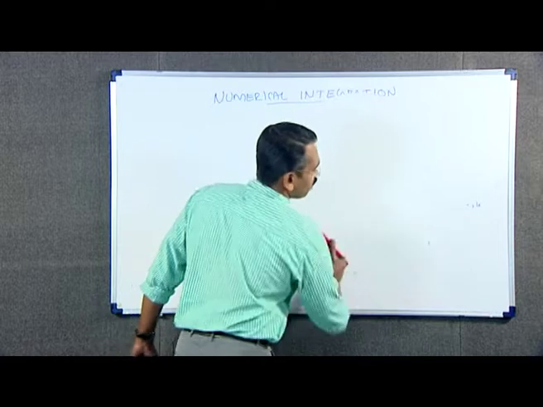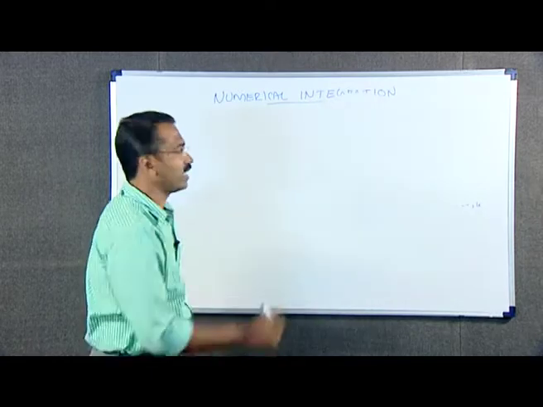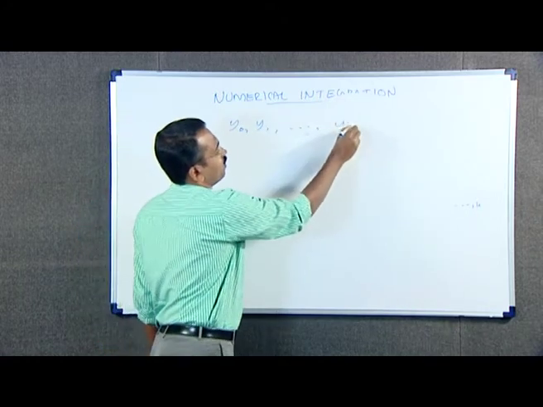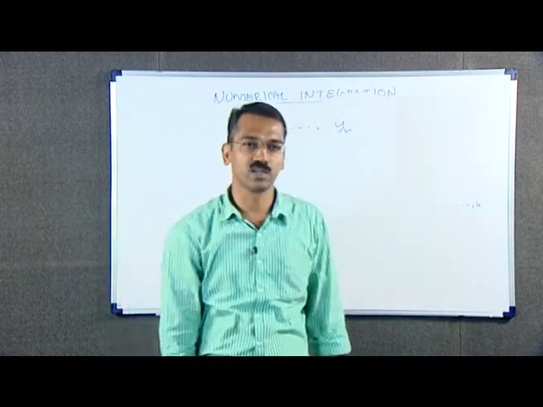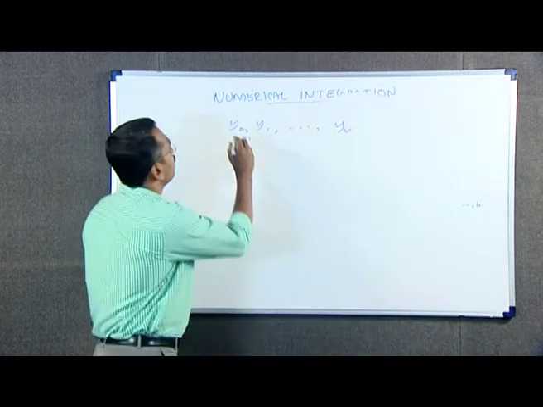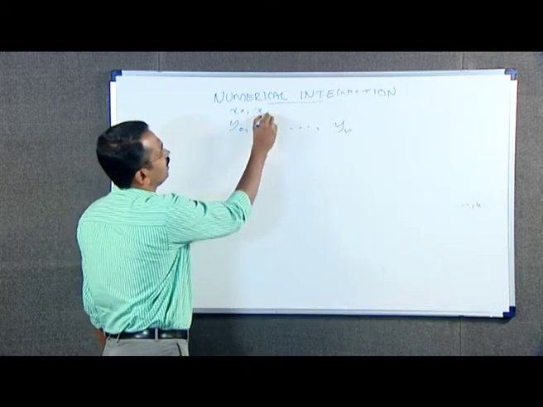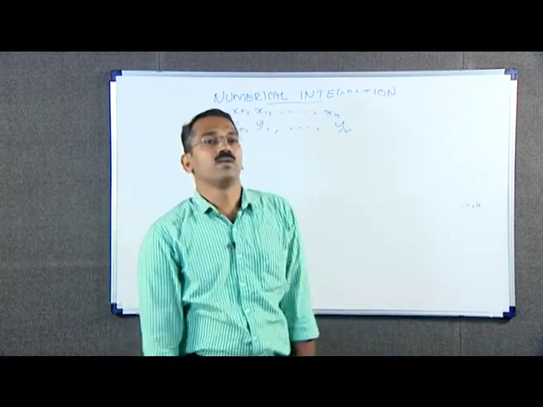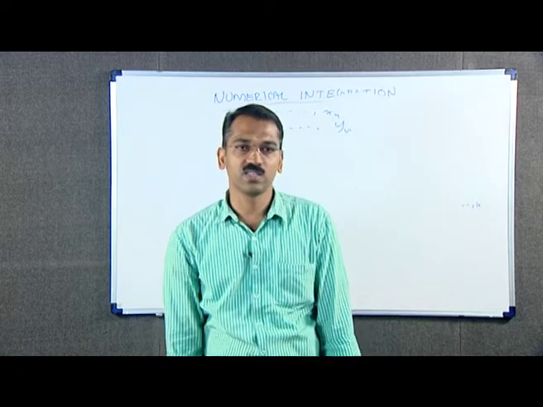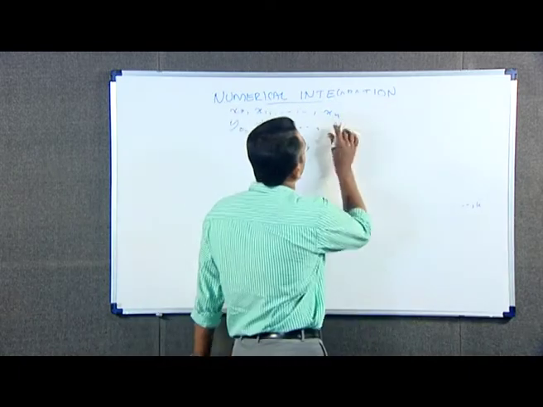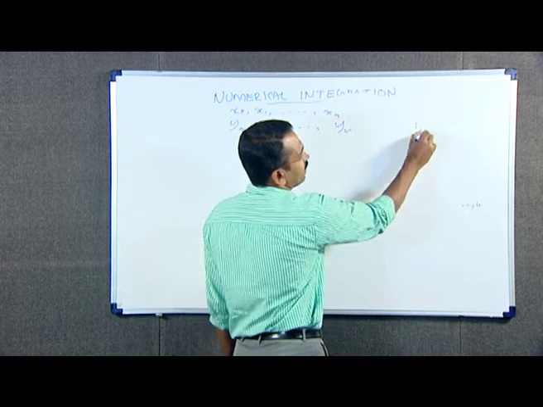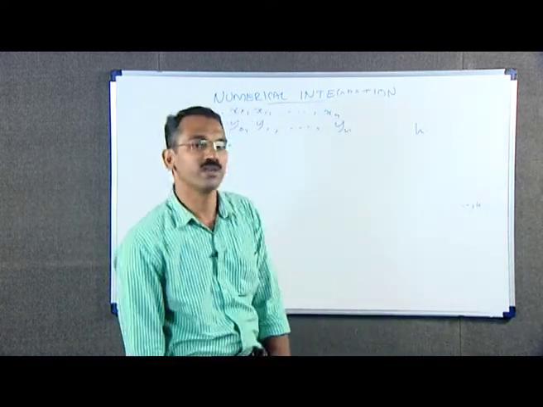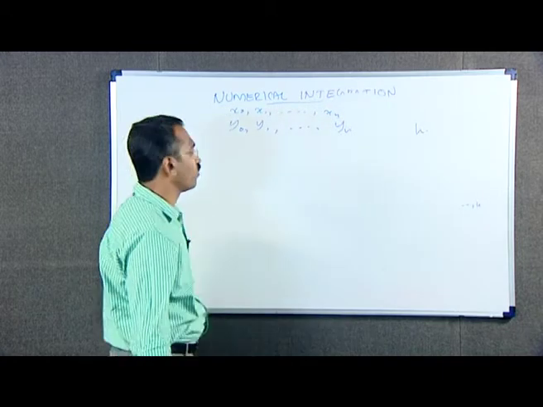Let y naught, y1, y2, etc., yn be n points of the function y equal to f of x corresponding to the arguments x equal to x naught, x1, etc., xn, which are equally spaced with the step size h. The width of each interval is h. Then we have Newton's forward interpolation formula. y is equal to